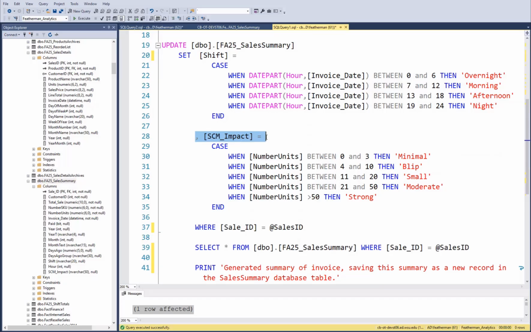So we have to pick, pack, and ship these products. We've got to stick them in shipping boxes and then mail them. So I decided to come up with something like that. Will it take a lot of effort to box it up and ship it, or is it very minimal? So if it's only like 3 items, then it's minimal. But when you have 11 to 20 items, then the supply chain impact is starting to be a little bit of work. And if they're buying more than 50 units, and you could do something way more complex than this. But knowing that invoice has a strong impact on the supply chain,